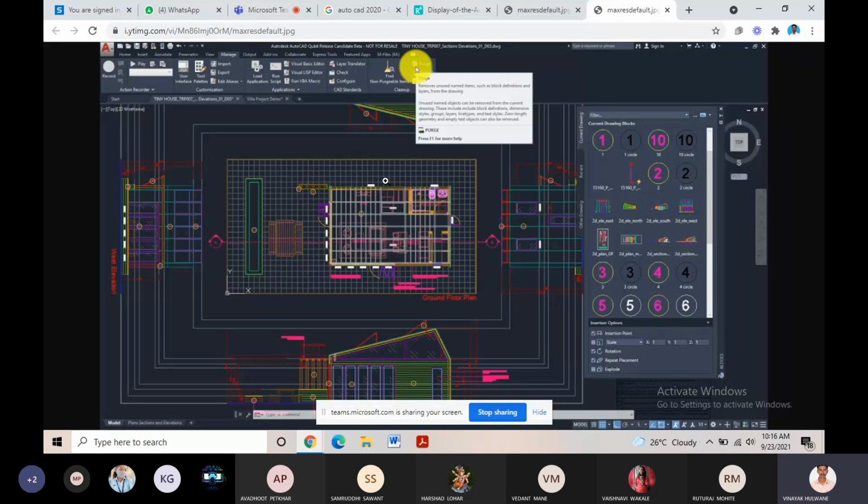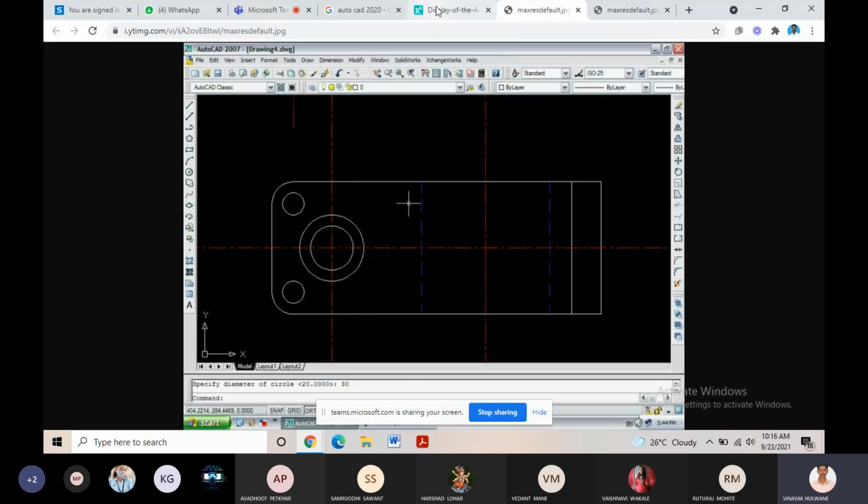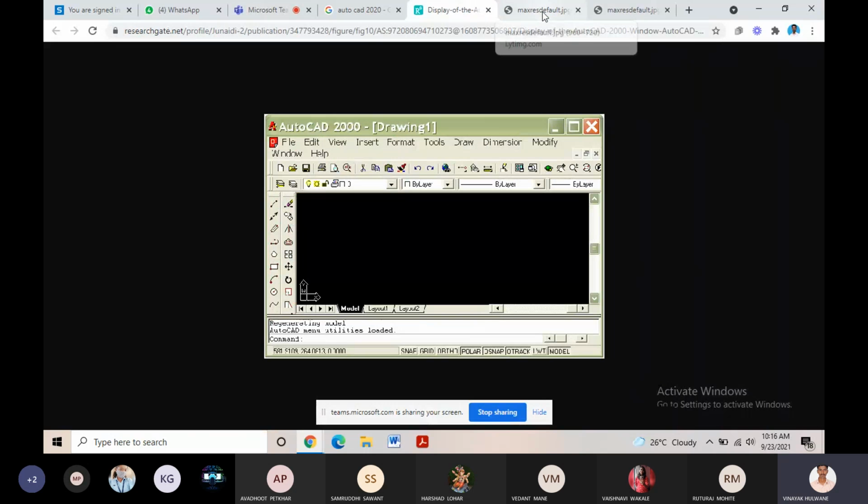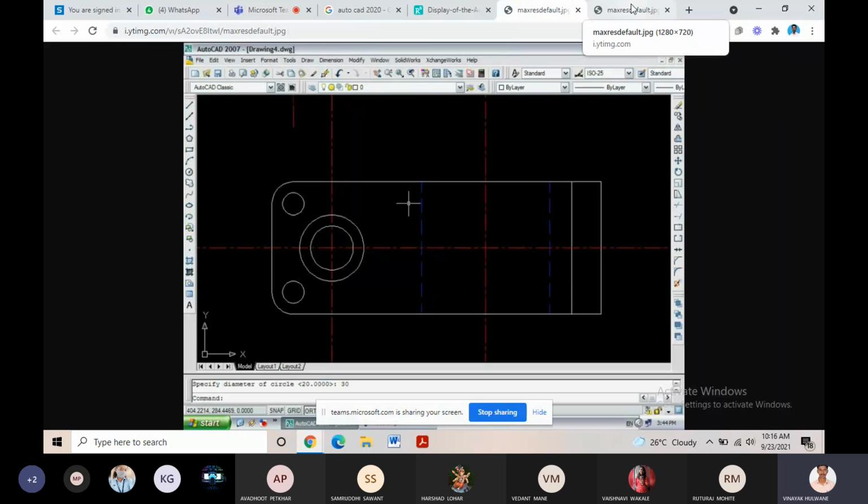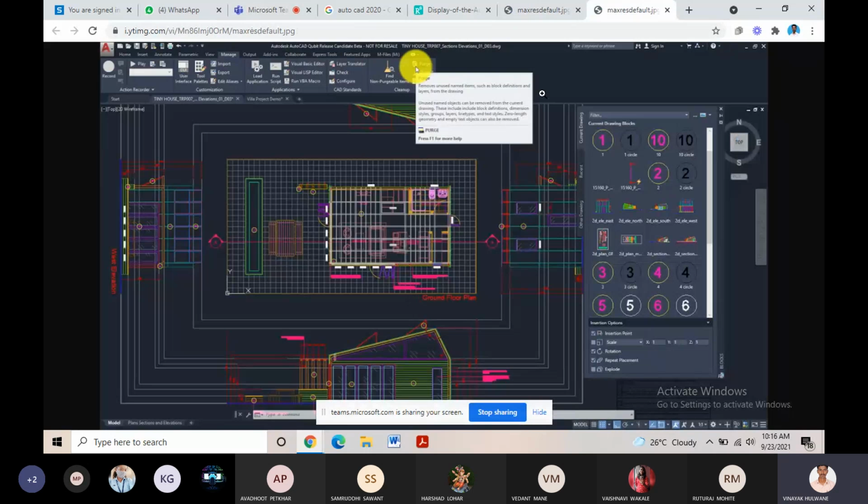There is no change in how to handle the software. There is a basic difference in its view. For every software the components are fixed, and for every software the commands are fixed, but there is a slight difference in its appearance or some slight easiness in the handling of the software.